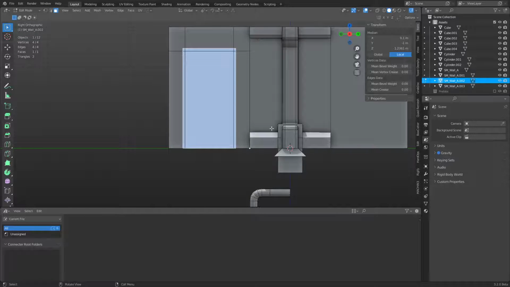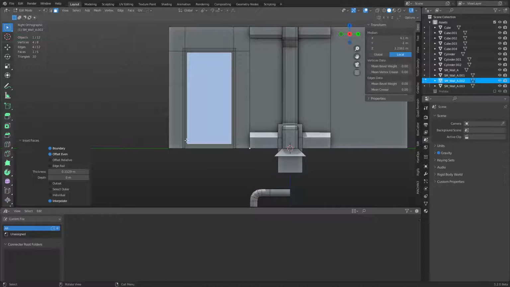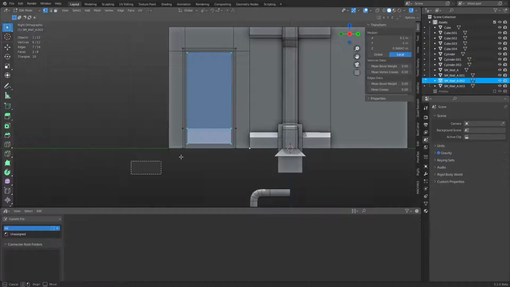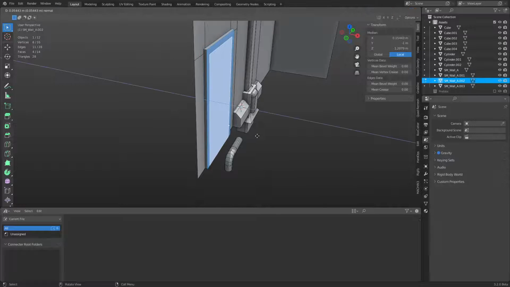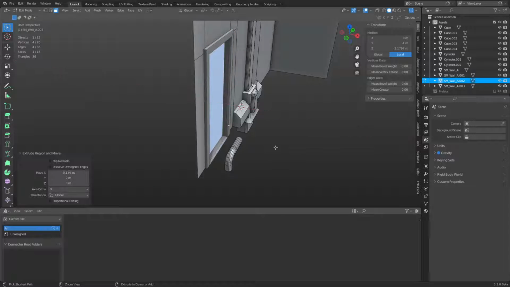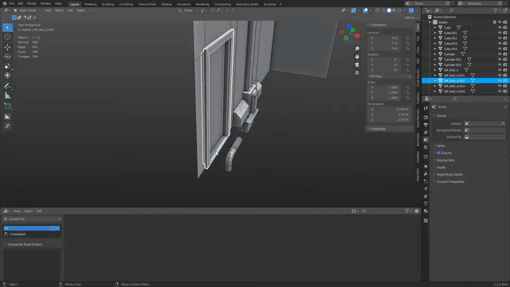And then I'm going to do an inset like this. I'll press KCA, cut off the bottom, just delete it. And I'm going to bring this all down. So it's a bit quicker to make a plug this way, in my opinion. Right. This I'm not going to delete at the bottom here. I want this to be a